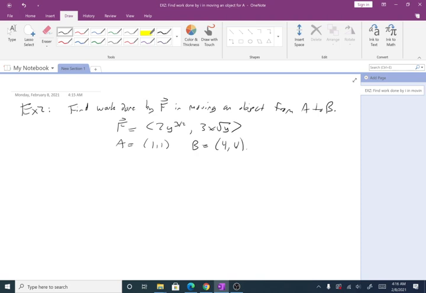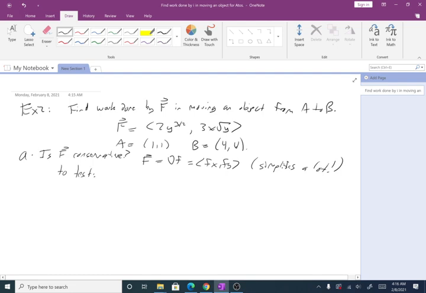So let's ask ourselves, is F conservative? So in other words, is F the gradient of some function, little f? So if so, this simplifies a lot. So to test, we again label the first component as P, the second component as Q, and we note that Py has to be Qx